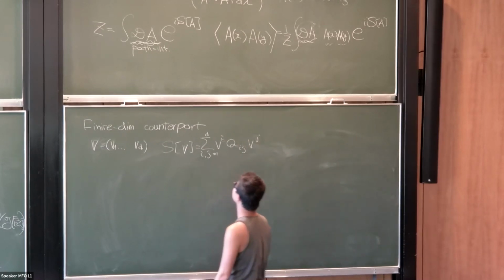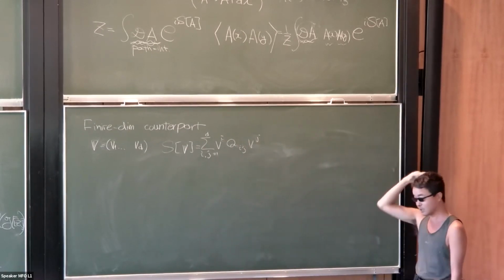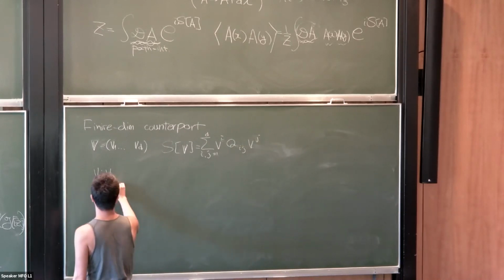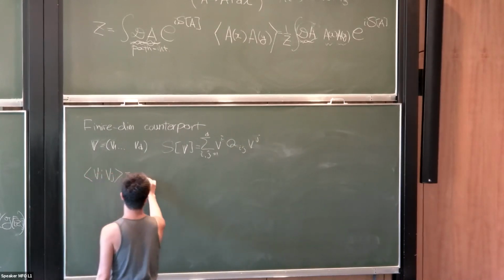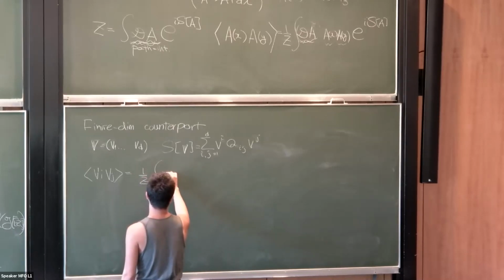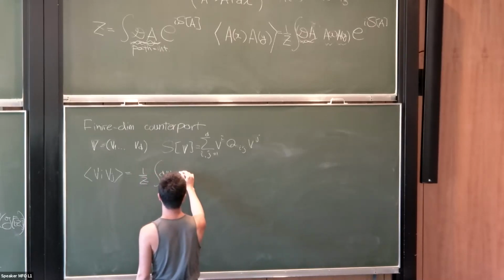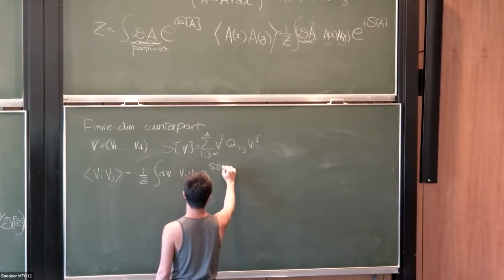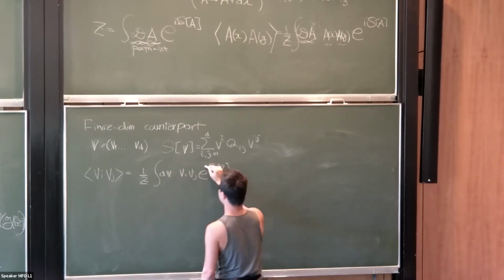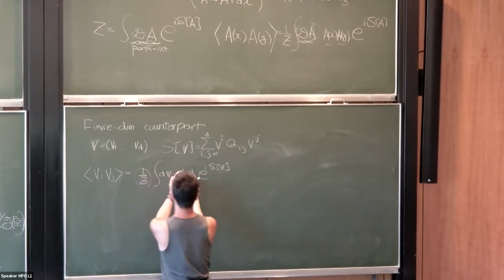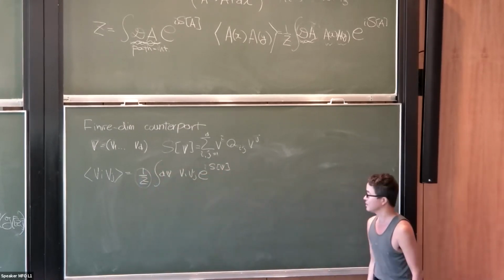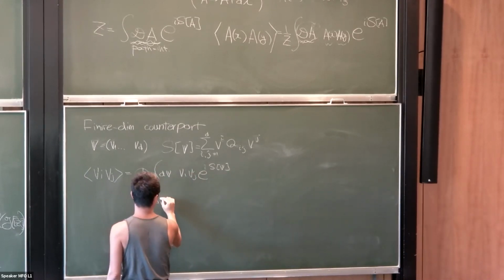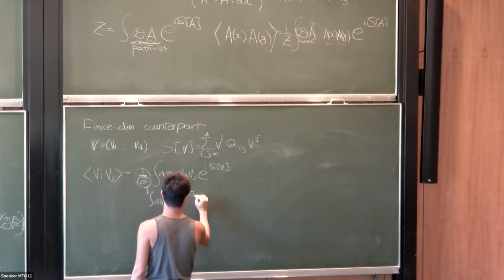And then you can write a similar version to that, which is that you take B_i B_j. Then you take 1 over Z, and this is the integral of DB from minus infinity to infinity, with B_i B_j exponential of the action. I'm not worried about factors of i, etc. And then Z itself is the same integral without this insertion, the normalization factor, the integral of DB exponential of the action.